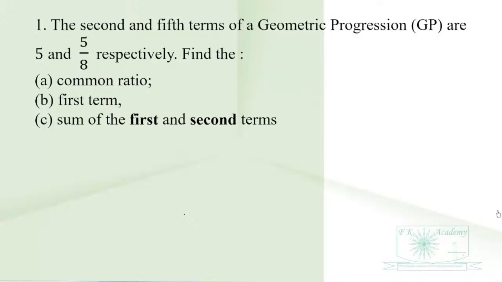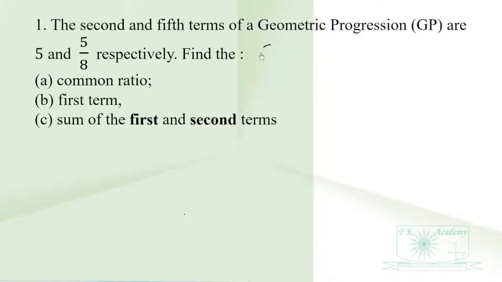We have the first question here on geometric progression, sequence and series. The second and fifth terms of a geometric progression are 5 and 5/8 respectively. Find the common ratio, the first term, and the sum of the first and second terms. So recall that for a geometric progression